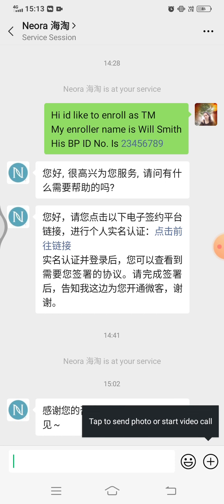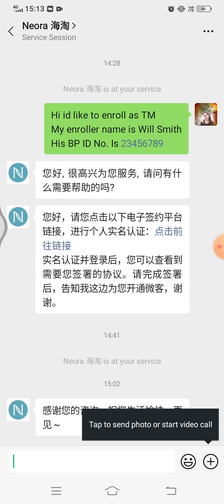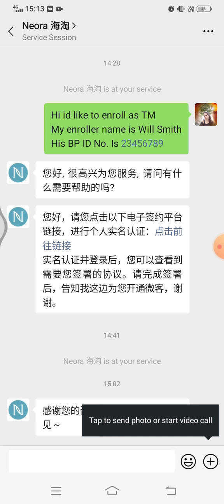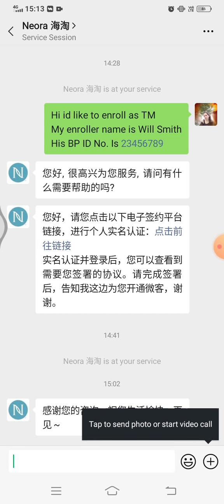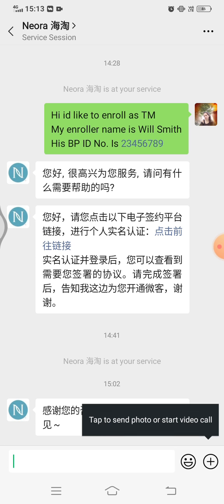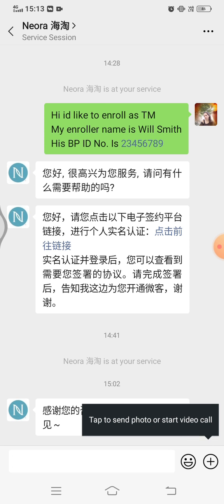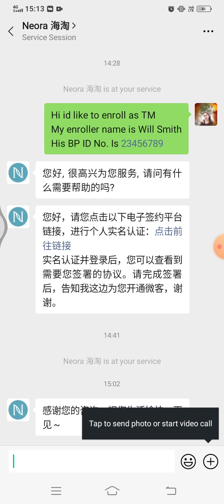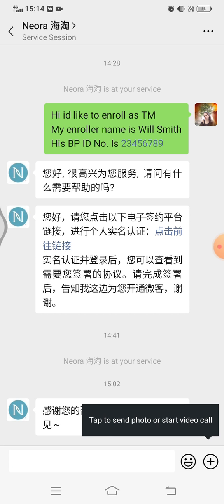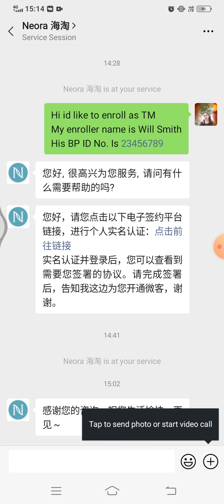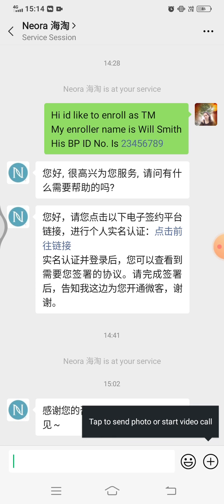During our working hours, usually this step will take within 1 hour to complete. Our working hours for enrollment are Monday to Friday, 10 a.m. to 7 p.m. On Saturday it will be from 10 a.m. to 6 p.m. Your application will be processed on the next working day if you submit during the off hours or Hong Kong public holiday. Now, your team manager's process is completed.